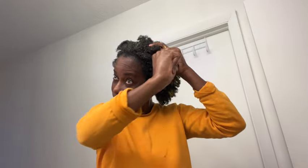So this is some shea butter. I like sealing in my hair ends. This I always do. I always seal in my hair ends with shea butter. Then I'm gonna put